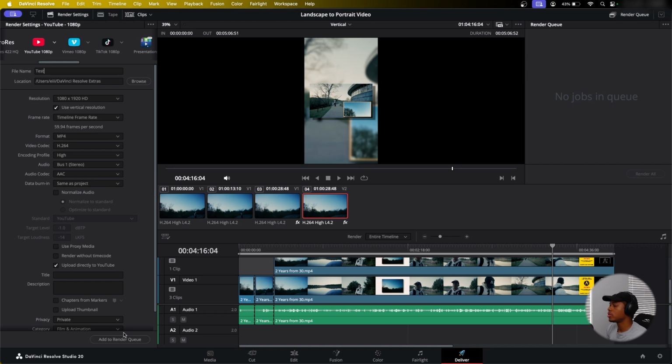And you just want to make sure that you select add to render queue, because if you don't do add to render queue, it won't show up at all. So hit add to render queue. If you're working on your video for the very first time, it will say render all. If I add in, let's just change,